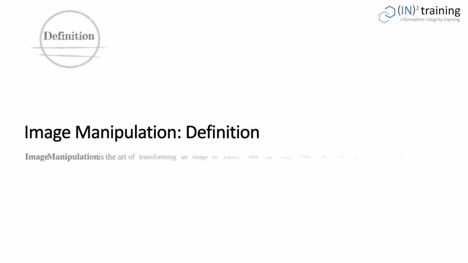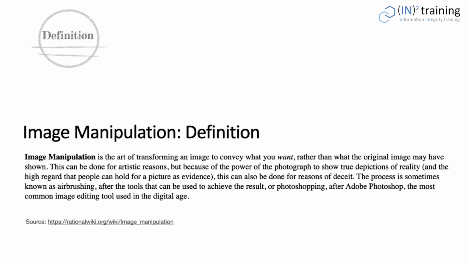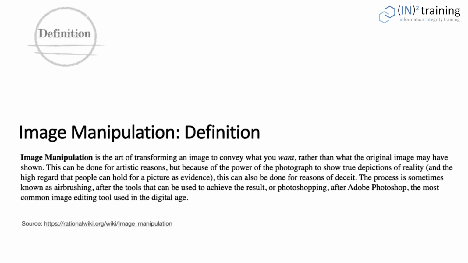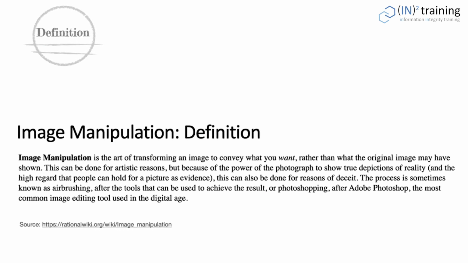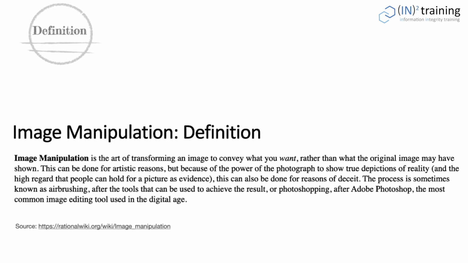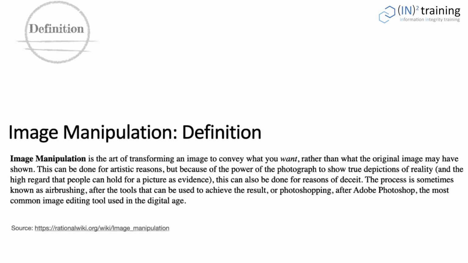The term image manipulation is often used to indicate inappropriate manipulation, like in this definition retrieved from the Rational Wiki. For example, beautifying images, obscuring areas, and introducing elements, copying and pasting elements in images or across images, all this is often considered inappropriate manipulation. Most of us, even those who are not working in the natural sciences, are well aware of the many ways in which images can be altered and how images can be used to create entirely new worlds out of mere fantasy and far from reality.